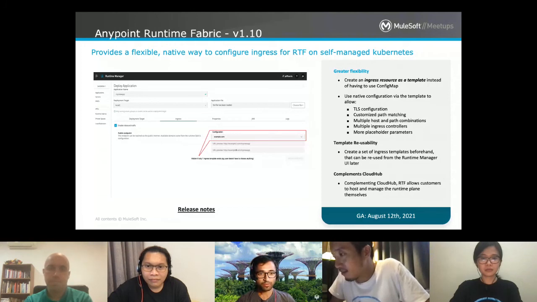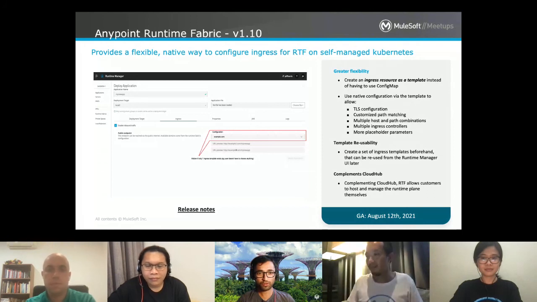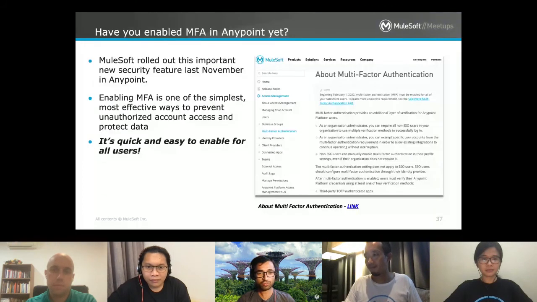All right, and moving on, we have multi-factor authentication. This should be old news for most people, but I know that many customers out there still have not enabled MFA. There is no reason to really stall on this, at least for the majority of the accounts you have. It's a very simple way to enhance the security of your organization. Starting, I think, last month, all new organizations have it enabled by default. But you might notice over time that you'll get lots of prompts for this. So I strongly encourage you to set it up. It's a very simple way to secure your account. And I think it will be made mandatory over the next year or two. So just bear this in mind.